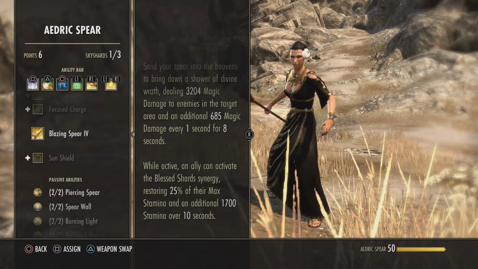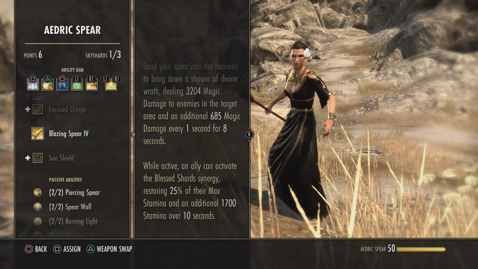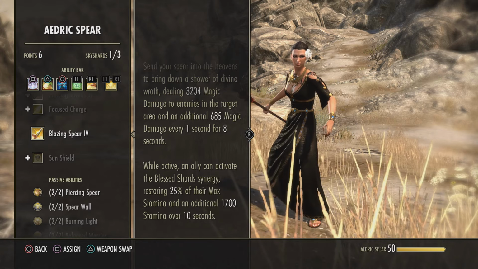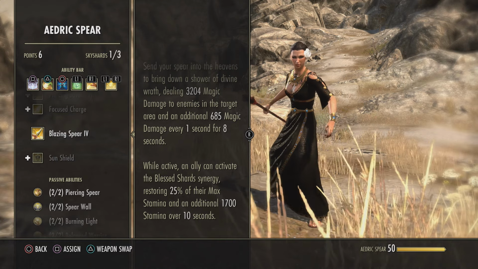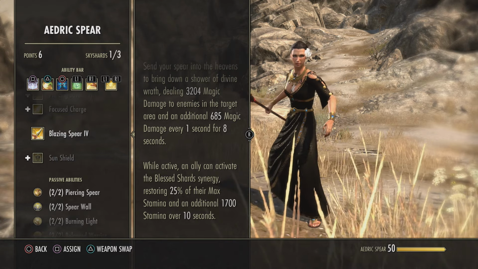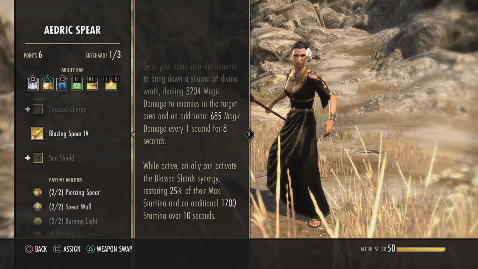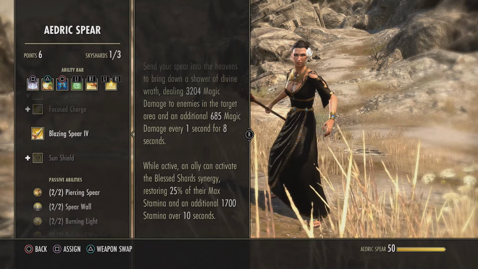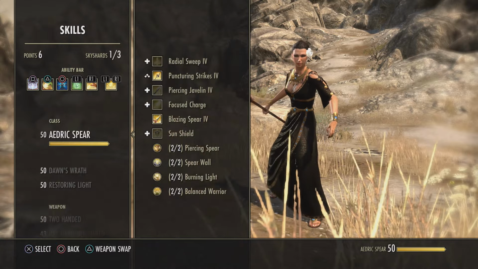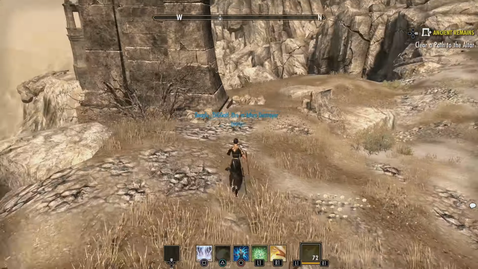So the other morph also doesn't restore as much stamina over time. It's just 200 less stamina, but it also restores Magicka, which is nice. And it also concusses an enemy, so he will be set off balance, which is also nice. So use the other morph, but most of the time you won't need to run an Aeric Spear, like the